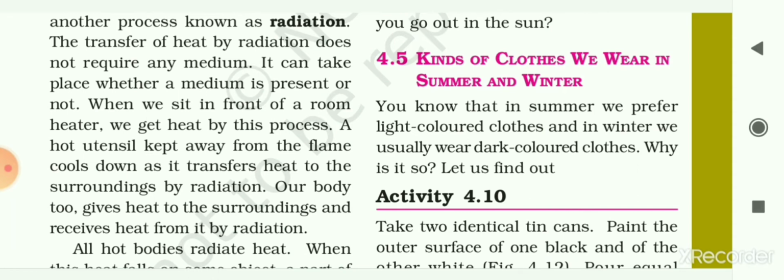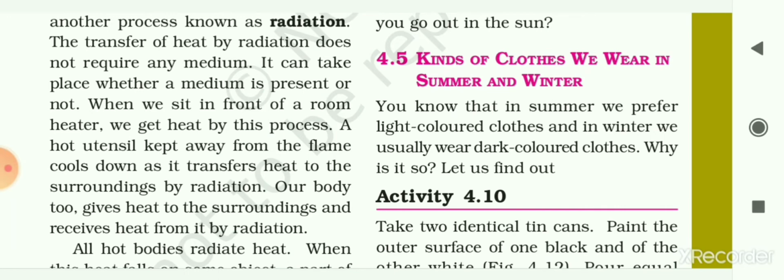Then we had seen about conductors and insulators. The substances through which conduction of heat takes place easily are known as good conductors of heat. Examples of this kind of objects are metals like copper, silver, aluminium, iron, etc. These are the good conductors of heat.